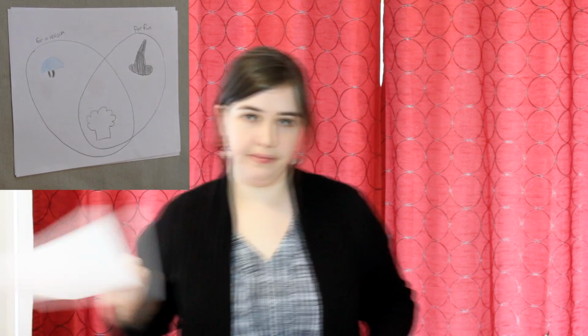So now here's another Venn diagram. So this time I have a for a reason category, a for fun category, and I have this overlapping circle where I have the hat that I wear both for fun and for a good reason. So now that you've gotten the hang of how to draw a Venn diagram once we have our sets in mind,